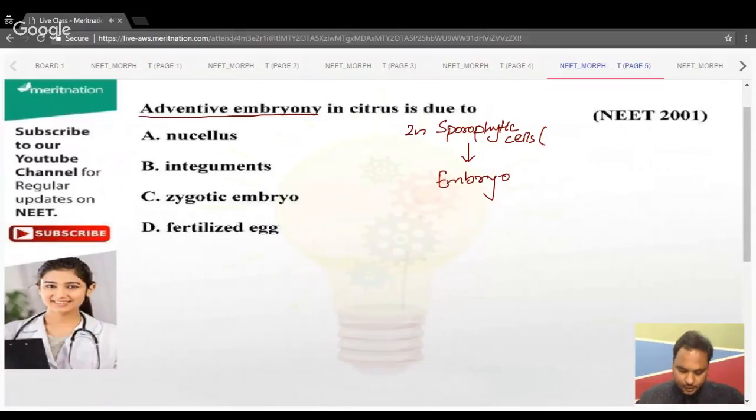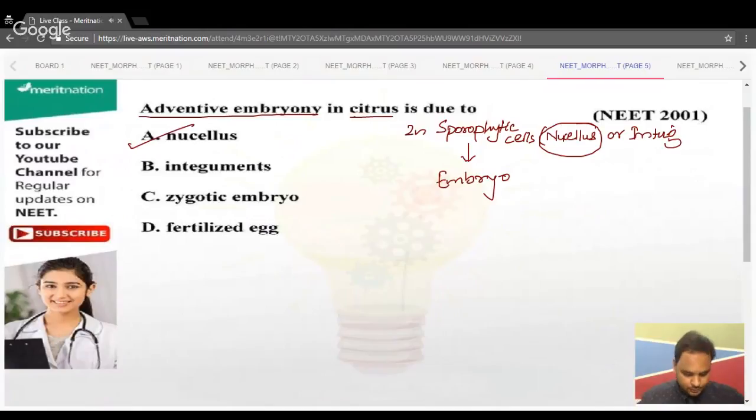It can be the nucellus, right? It can be the integument. But here, especially in citrus, that's the question. Especially in citrus, the nucellus will be part of the adventive embryony, and that's the reason the correct answer is